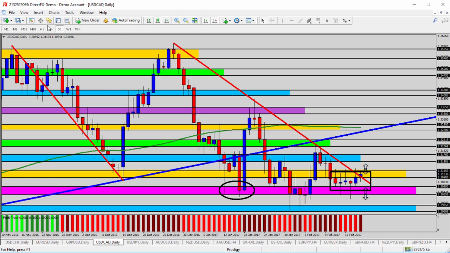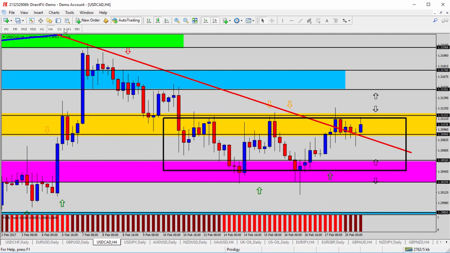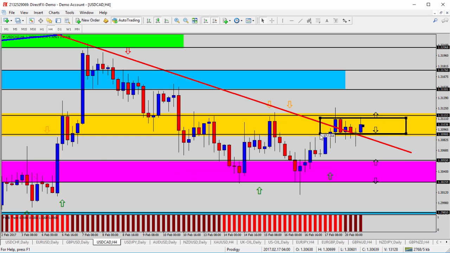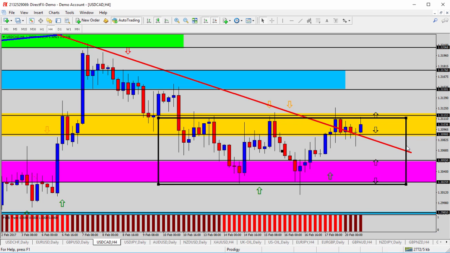Take it down to the 4-hour time frame just to get a little bit of a zoomed in view to that black box. There it is. And it doesn't change it, does it? If you're looking to go long, you're at a difficult place to do it because we are at resistance. If you're looking to go short, obviously we need some breakdown. Even if you were to take this black box and square it in just a little bit more, take a look at that yellow zone, how it's been stuck inside of there for a while now. So it either needs to get above or below that yellow zone on an intraday basis before you can have some confidence in direction